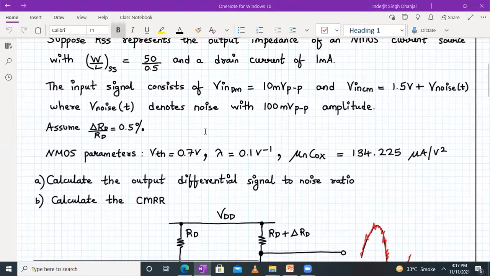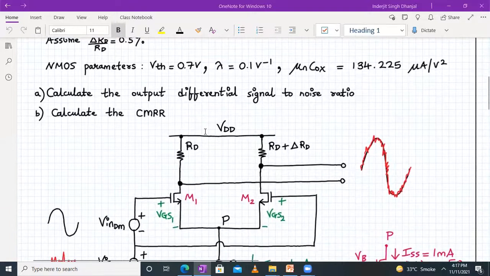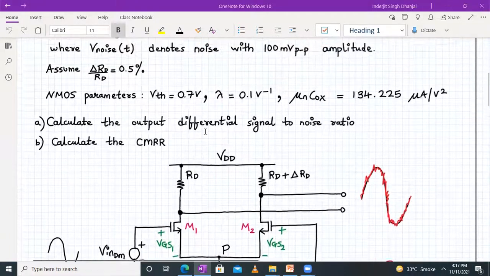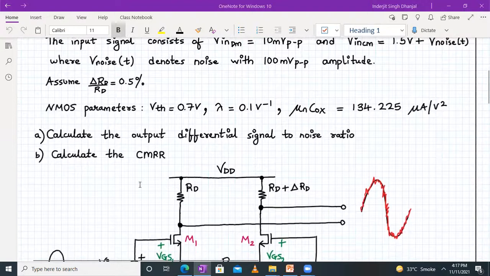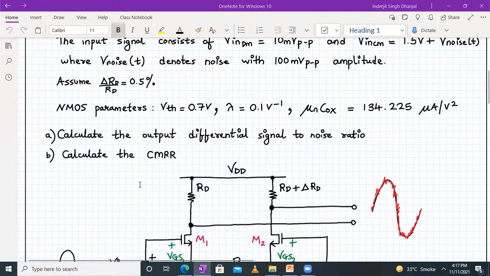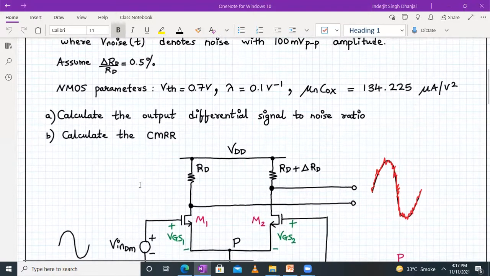They have given this ratio, and some NMOS parameters are given, which are common for both M1 and M2. So M1 and M2 are exactly matched, having VTH as 0.7, lambda N equal to 0.1, and mu n Cox is 134.225 microampere per volt square. So what do we have to find out? We have to calculate the output differential signal to noise ratio, that is SNR,